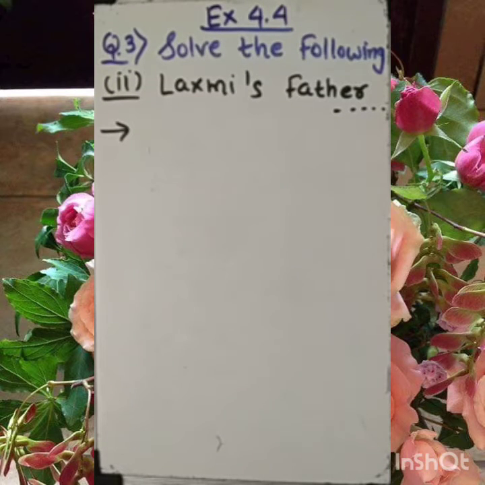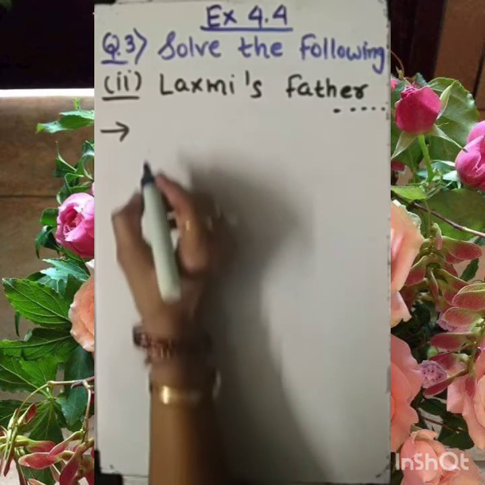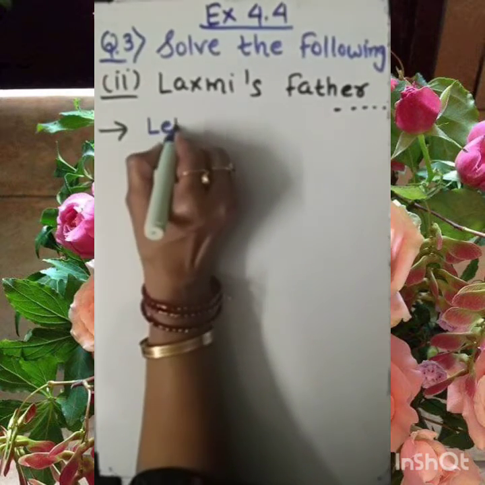So dear student, question 3, the second part is on your screen. Lakshmi's father is 49 years old. He is 4 years older than 3 times Lakshmi's age. What is Lakshmi's age? Very easy. So dear student, we do not know Lakshmi's age. So we are beginning our solution by assuming, let Lakshmi's age be